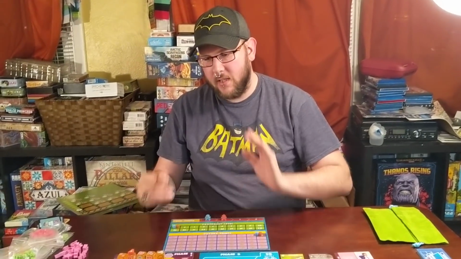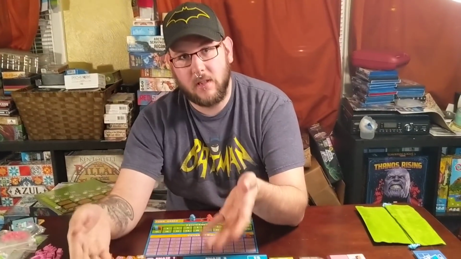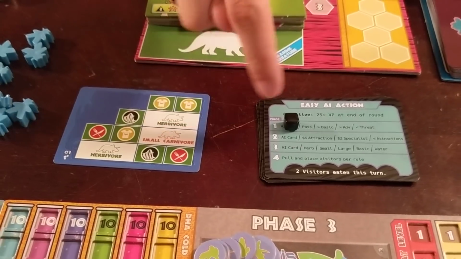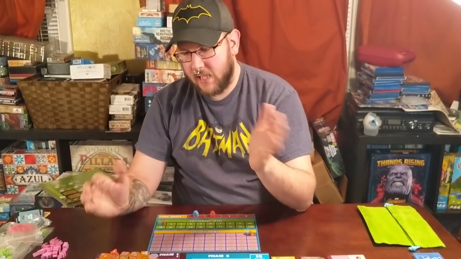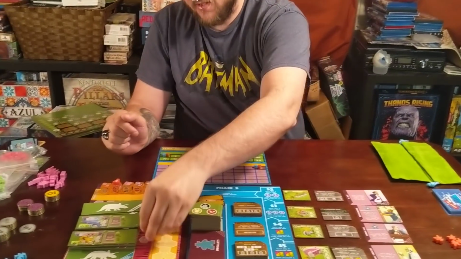So that was my first action, and then we'll go back to the AI action card to see what it wants next. And the next thing that it wants is it wants to pass, so it won't do anything for that second action. So because it's an easy AI action card, it passes a bit more, and anytime it says pass, it just means that it skips its action, and then it goes back to you. So because it's the easy AI action card, it passes, gives me a little bit of a breather, and I can do the things that I want, which is to go grab this